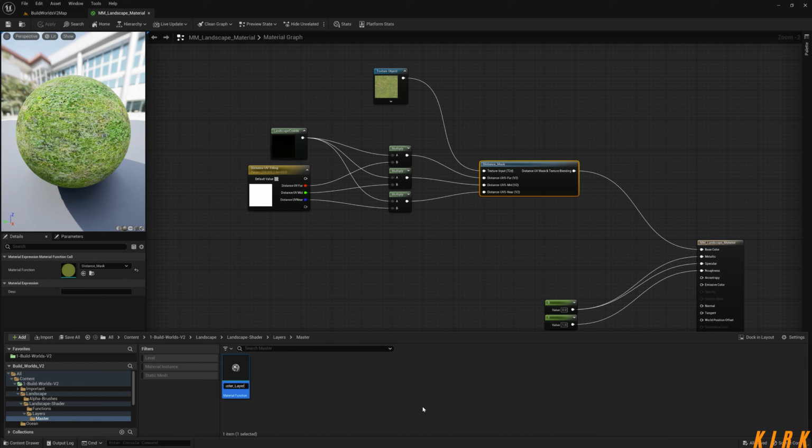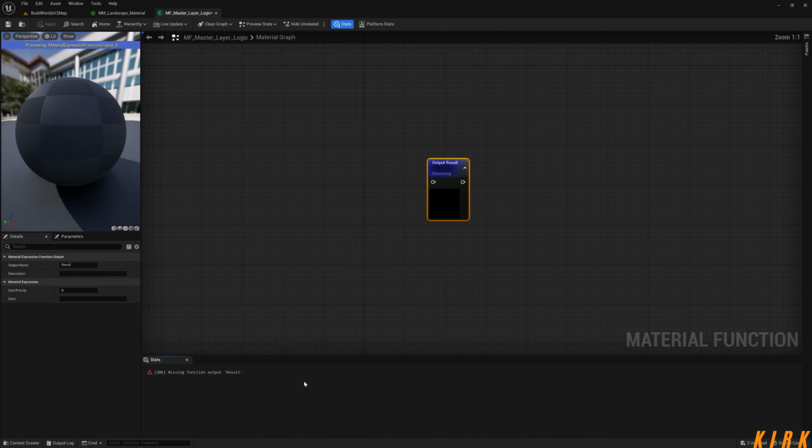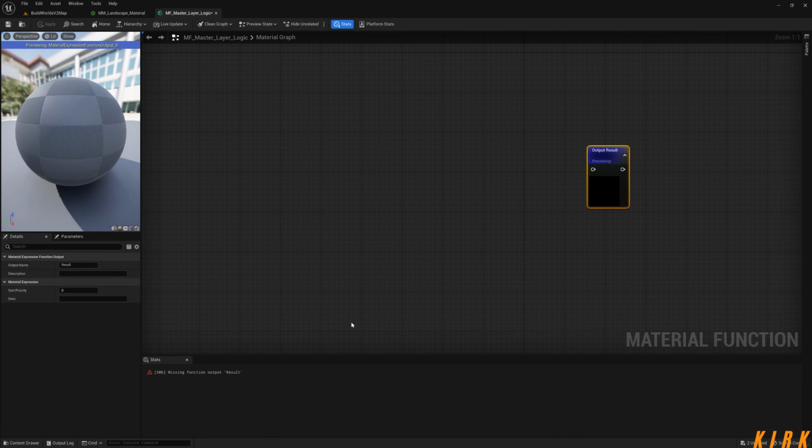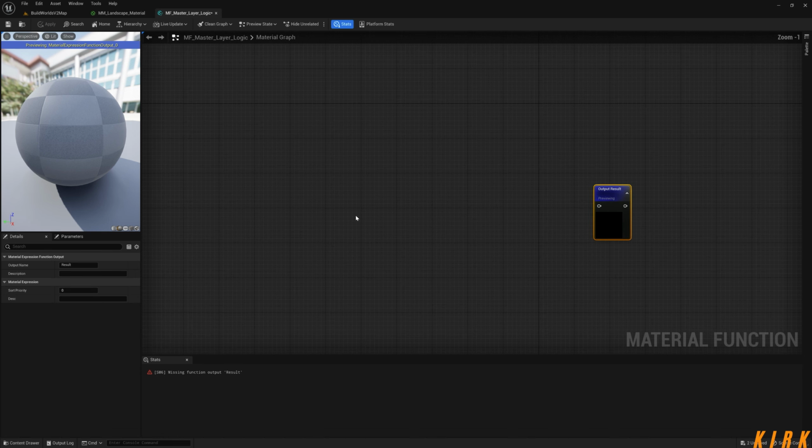Right, so now we've got a master material function. And then I'm going to go left control and D and duplicate it. I'm going to press the right arrow to get to the end. Where it says layer, I'm going to delete the one underscore logic. And then what I am going to do is open our logic side of things. Hang on a minute, I've pressed a couple of buttons and my mouse has actually slowed down. Don't like that. Okay, so we've got our master layer logic function open,